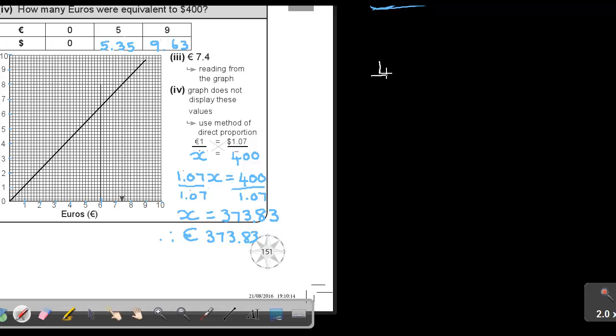So 1 divided by 5, that will be 0.2. So every small block will be 0.2, 0.4, 0.6, 0.8, and then 1. So if I want to plot 5.35, then 5.2, 5.4, so it's in between. And where I draw my line, I put my cross there. The same with 9: go up, and then 9.63, a little bit more, and I just draw my cross. And then take a ruler and just connect those lines. Okay, now we can make it smaller again.